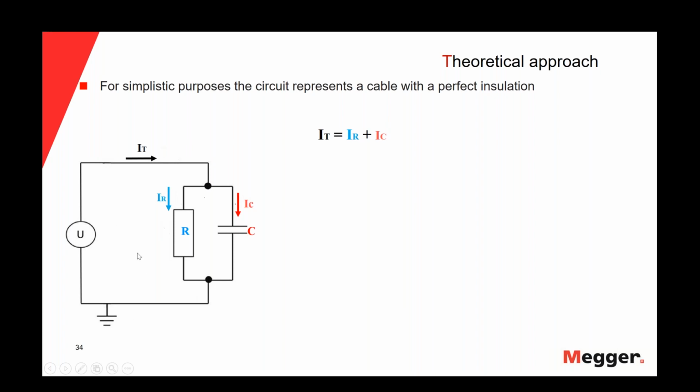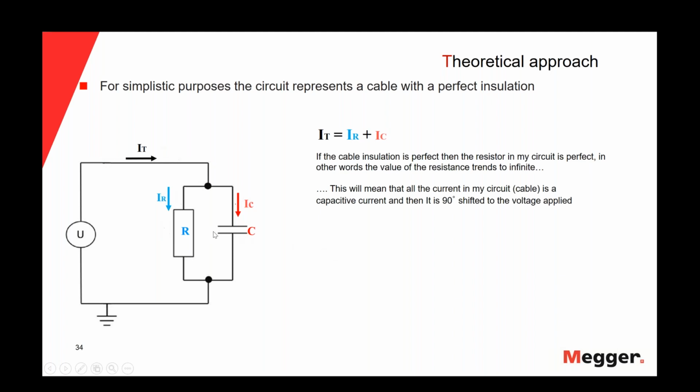If that is the case, then the value of the resistance of this resistor will be very high, will trend to infinite. If the value of the resistance trends to infinite, that means that the resistive current will not be able to go through this resistor, and